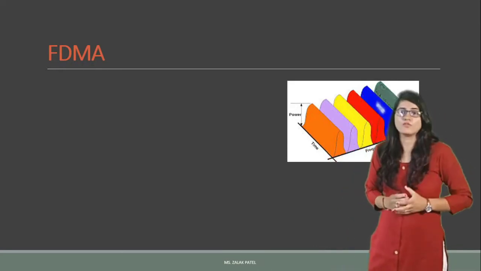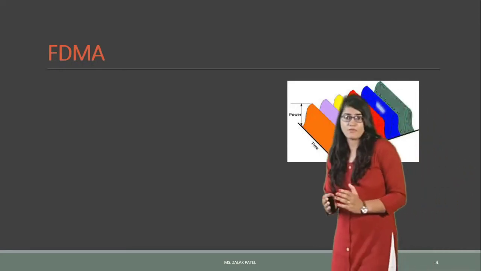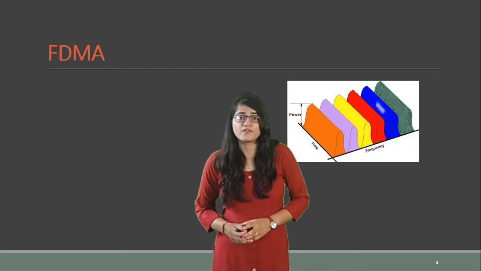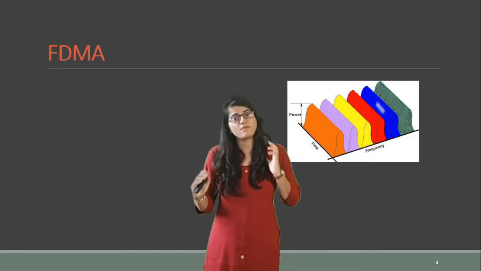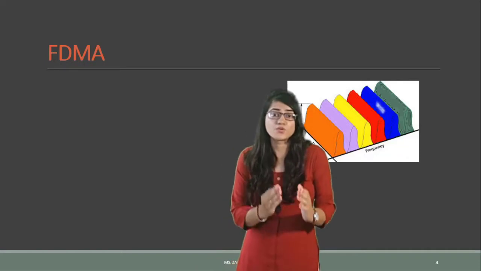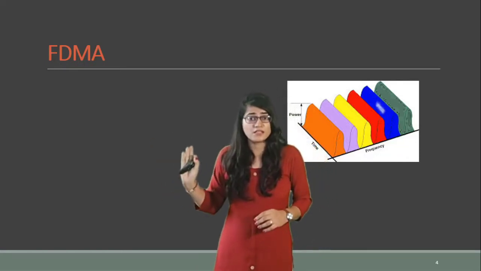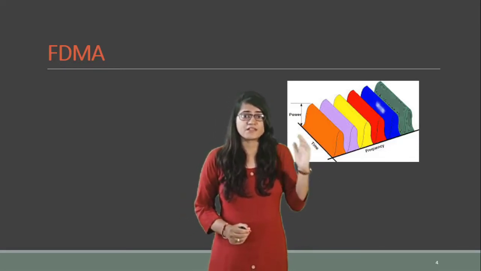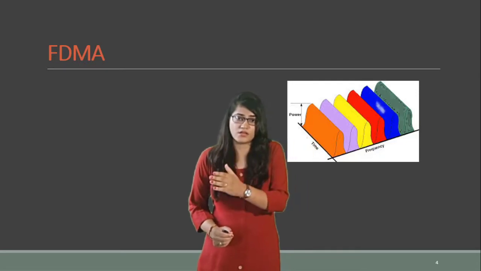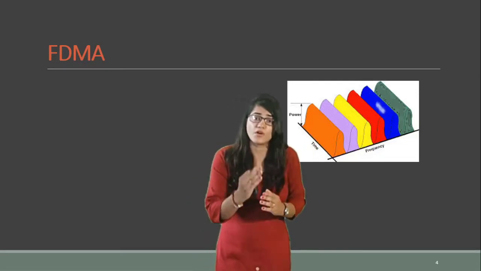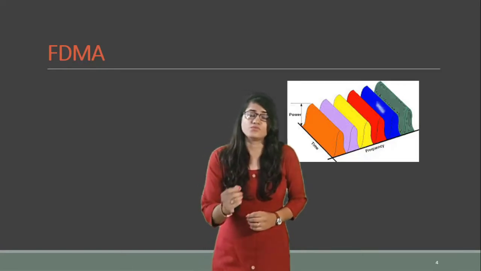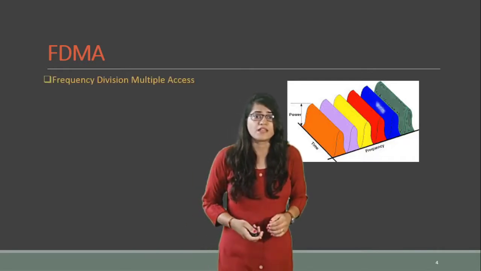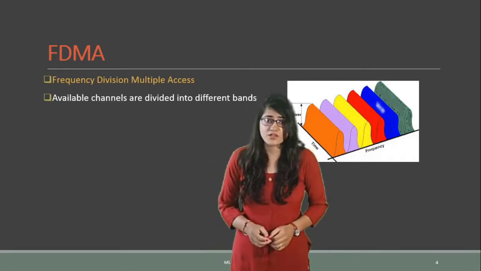First of all, let's talk about the FDMA technique. In case of FDMA, in the previous slide we can see that in frequency division multiplexing, the whole frequency band or spectrum is divided into a number of bands. Here in the diagram, you can see that the frequency band is divided into a number of individual bands. Band 1 is allocated to one particular user, then band 2 is allocated to the other user. So in case of FDMA, the frequency division can be done. The full form is frequency division multiple access.